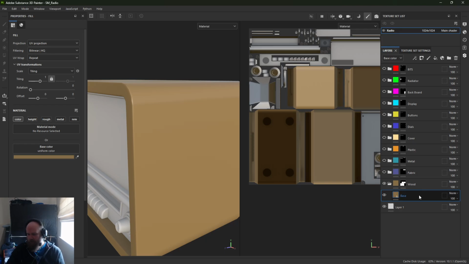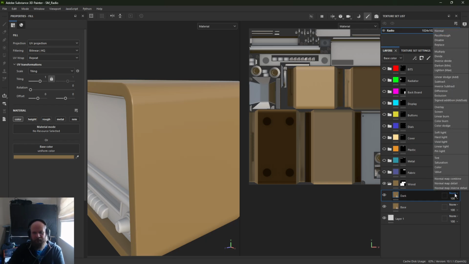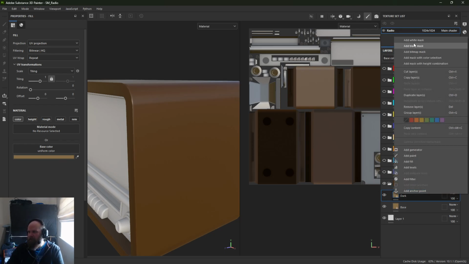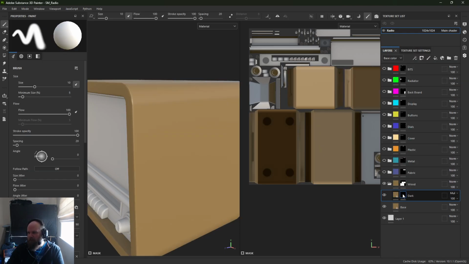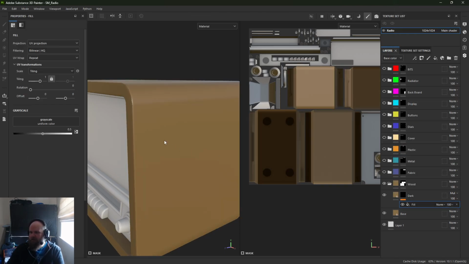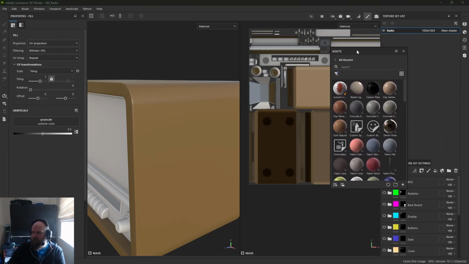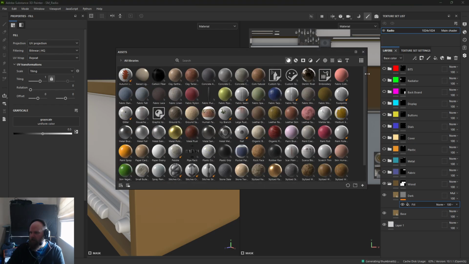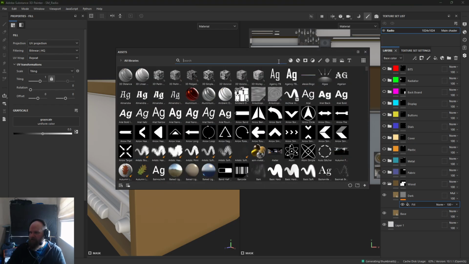For us down here, it's going to be the material and then the mask of the material. It's like that. I'm going to duplicate this layer, call it dark, and this is going to be the dark elements of my wood. Again, Photoshop. On the right hand side we've got our little layer blending tab. I'm just going to put this to multiply for now, and I'm going to start applying that black mask, then apply a fill to that black mask, and then decide what I'm going to do. So if I bring in my assets here,